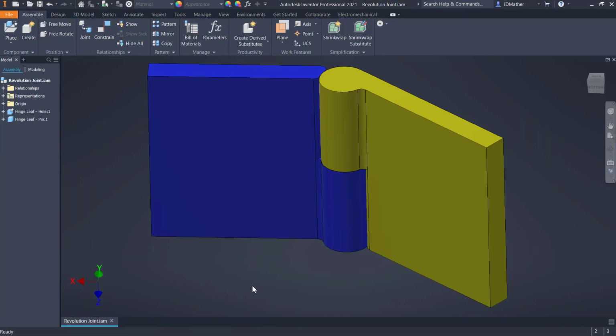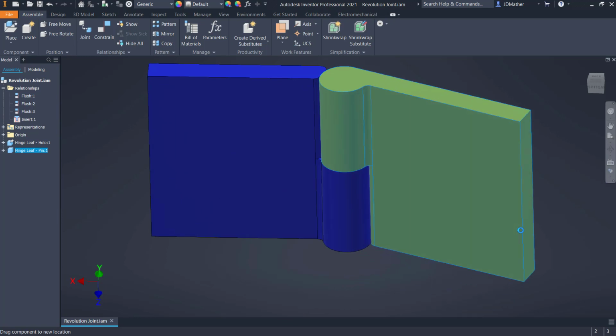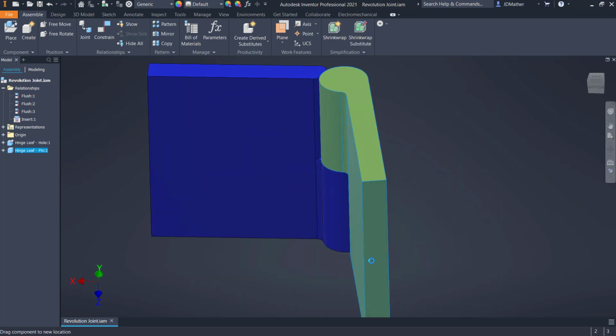In this video, I want to demonstrate how to do a revolution joint in dynamic simulation. A revolution joint is probably the most common joint in a mechanism that has some sort of motion. Now, in the assembly environment, we can put a constraint between two objects. In this case, I have an insert constraint. You could also use one of the assembly joints, and I have 1 degree of freedom then on this that